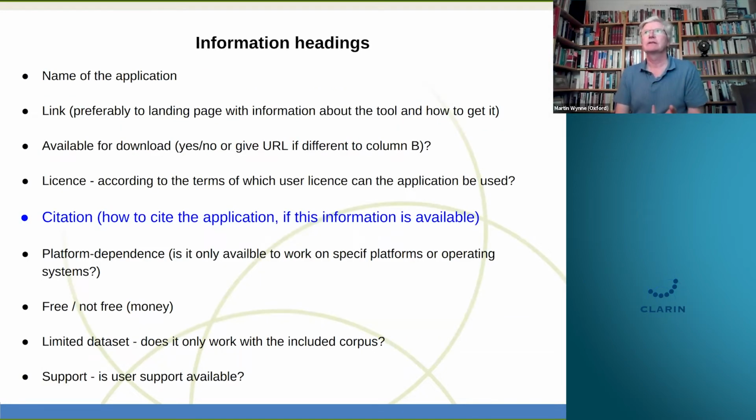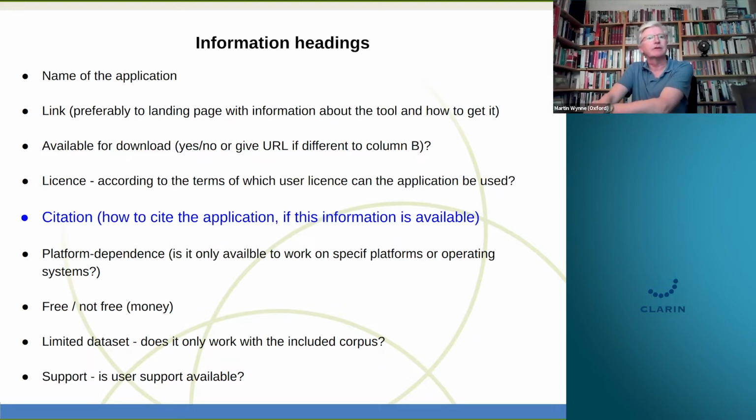So these are the basic categories we've got now, at least for the desktop tools that we're asking you to look at and help us to add information. I'd like to draw attention just to one of them, as I'm running out of time here, but I think citation is particularly important, and it's an area in which I think people who use software can often do more to give credit to